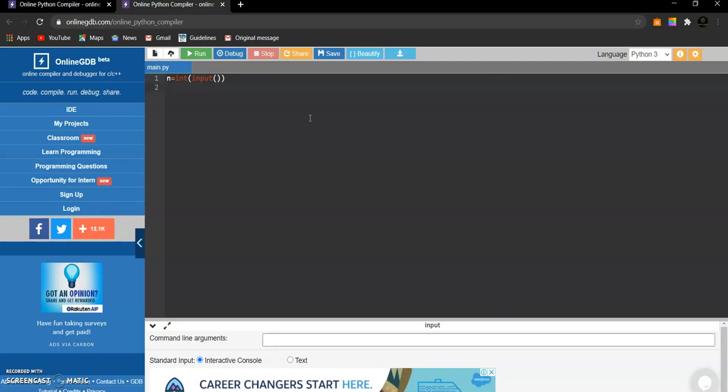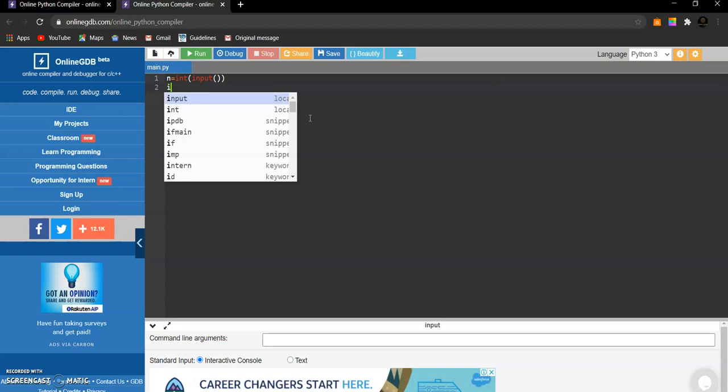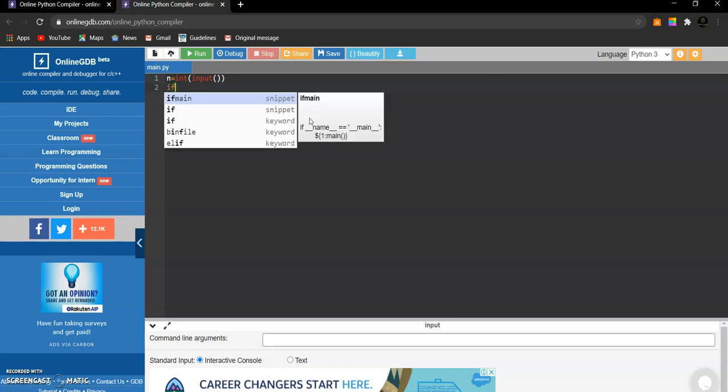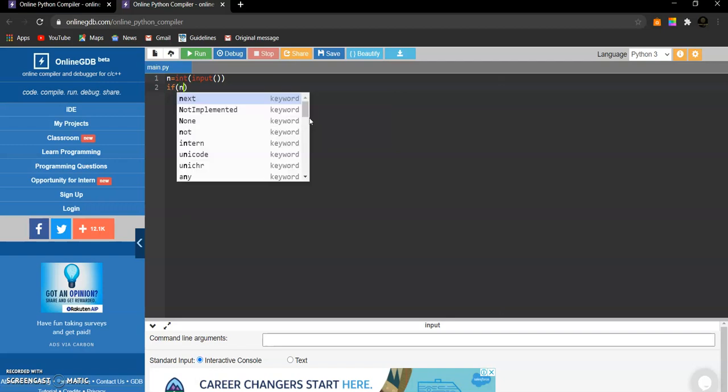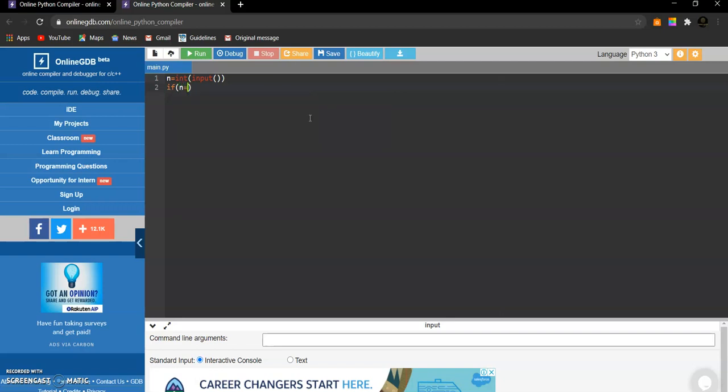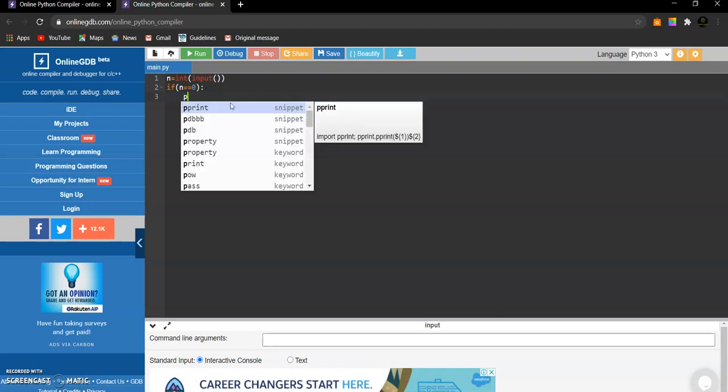So whenever you get a 0, you need to check that condition, because its digisum is not 0. Whenever the n value is 0, we don't perform any modular operation on that number because it always results in 0. So we'll print just 0.